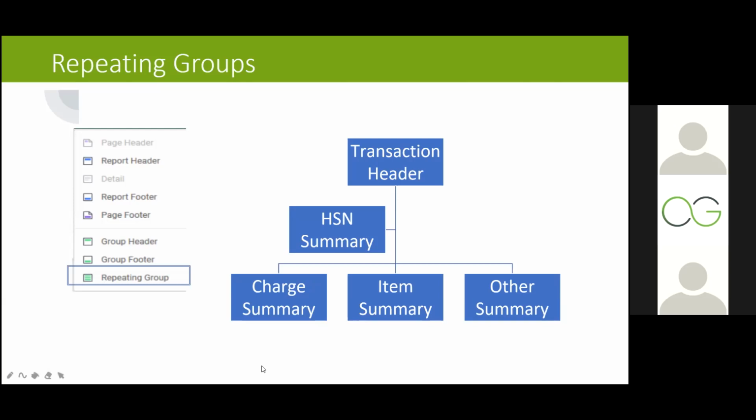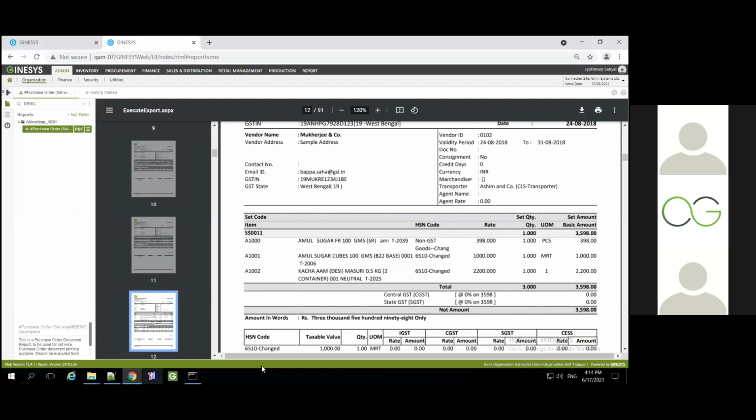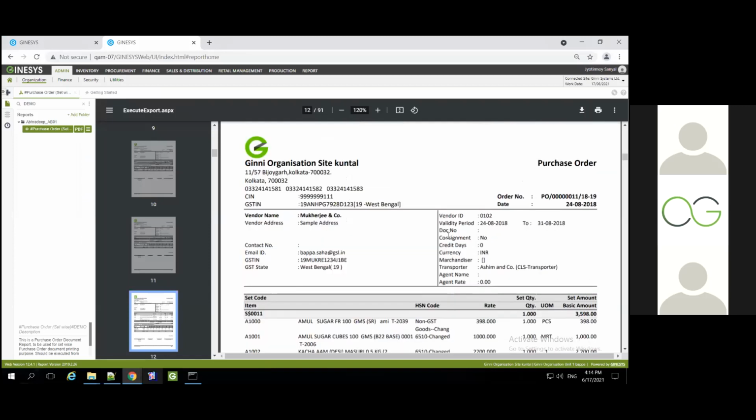Is it visible? The PPT slide is visible. Okay, now visible. Now your report tab is visible. So you are able to see this purchase order thing, right? Right. Okay. Sorry, then I'll have to start over this again.